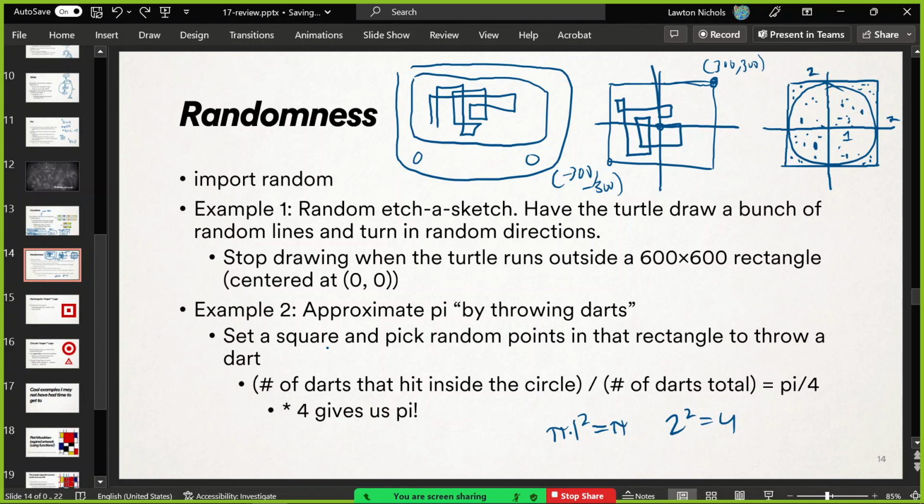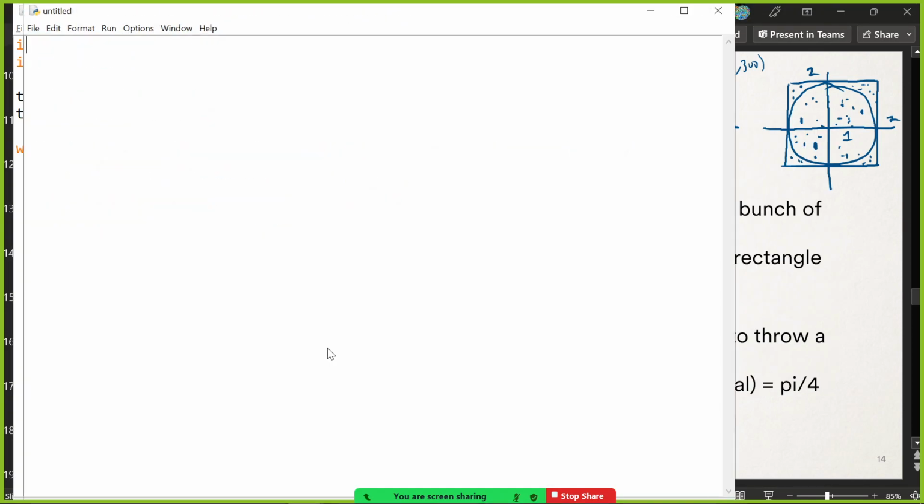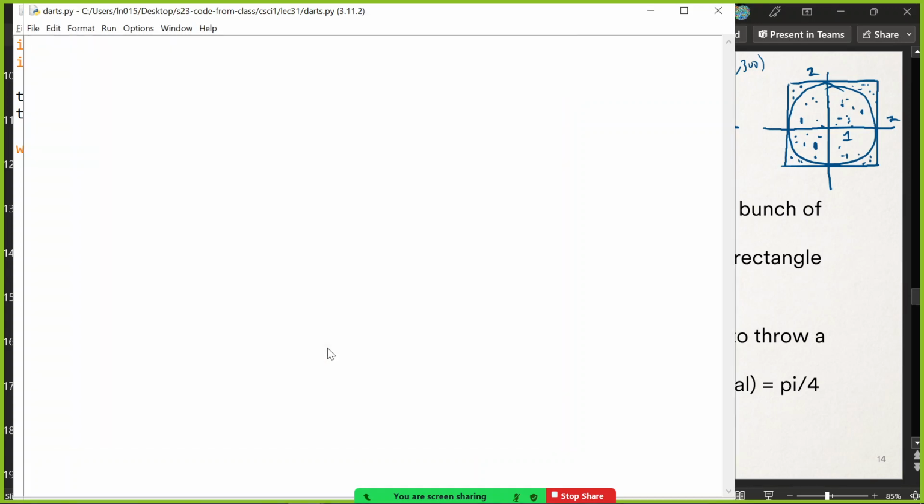It's kind of cool. And let's throw some virtual darts. Anyway, we'll get something close to pi, maybe 2 decimal places. It doesn't converge very fast, but that's a cool idea. Darts.py. So import random. Let's say that we're going to throw 1,000,000 darts. So total darts, got to keep track of that anyway, is 1,000,000. And we need to keep track of all the darts that landed inside the circle. We have 0 to start.